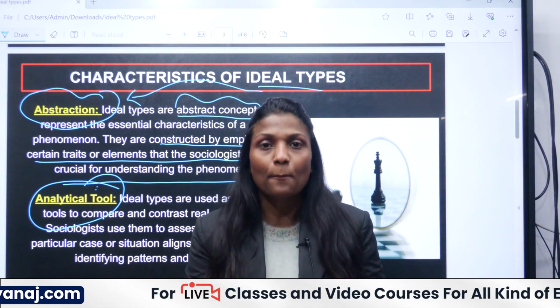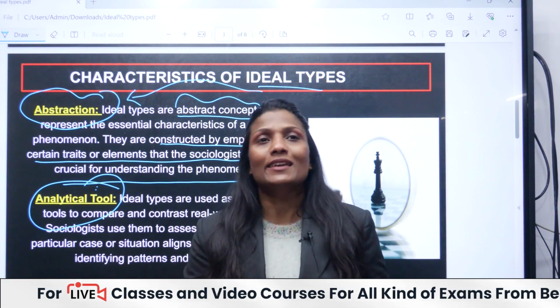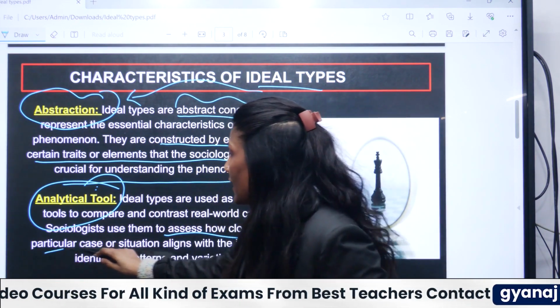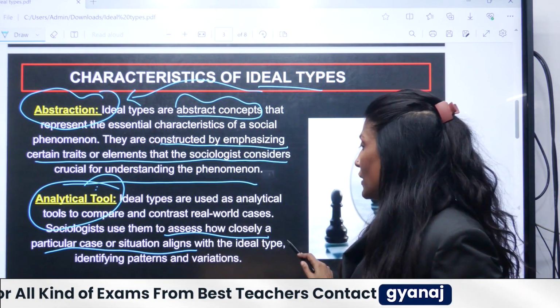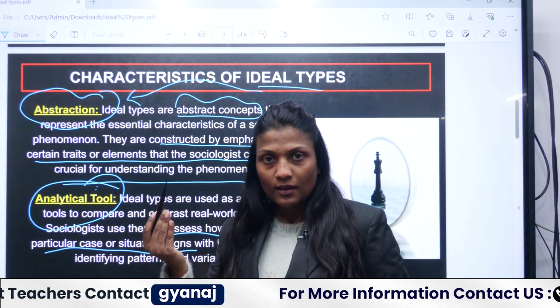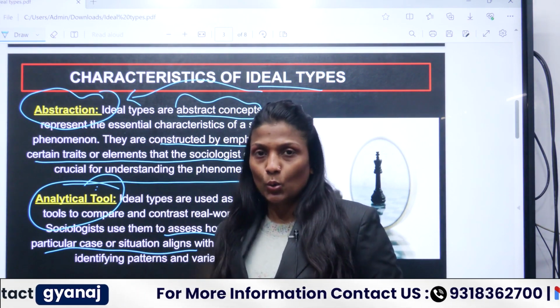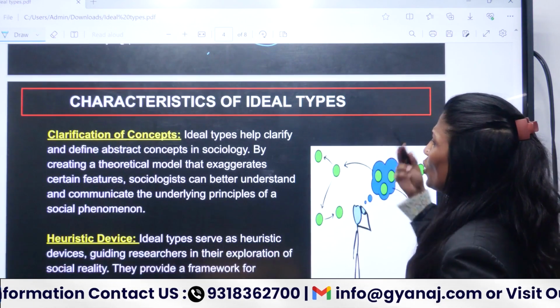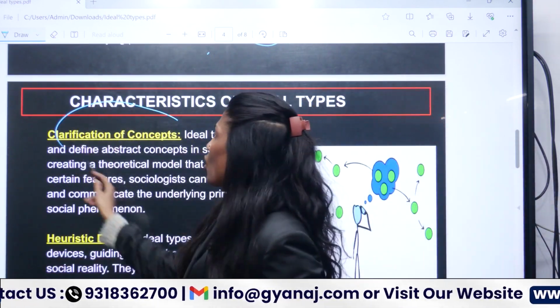When we compare and contrast, we can assess how closely a particular case or situation aligns with our ideal types. So I have created certain ideal types in my mind, and now I am comparing it with the real situation. Another point: it helps us to clarify concepts.